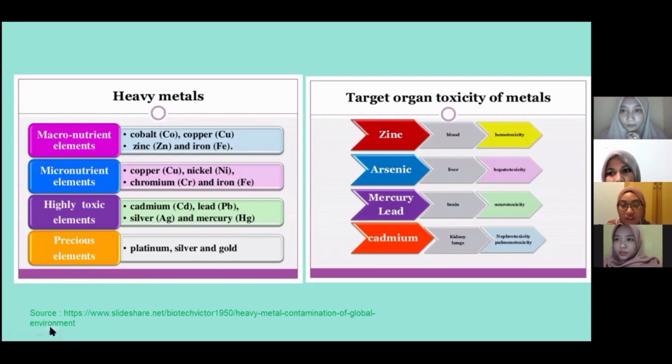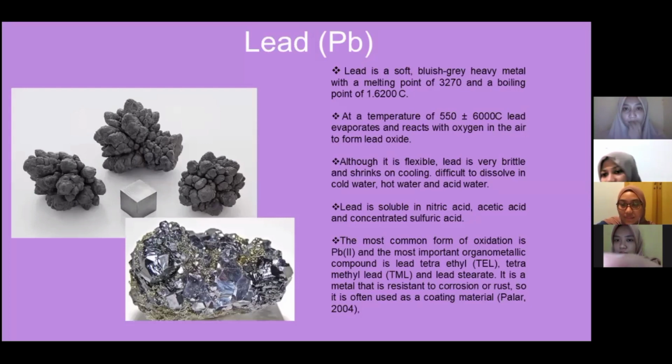Target organ toxicity of the metal Pb is the brain and neurotoxicity. Okay, next, description of lead or Pb. Lead is a soft, brass gray heavy metal with a melting point of 32 and 70 and a boiling point of 1.62 Celsius. At a temperature of 550 plus minus 6000 Celsius, lead evaporates and reacts with oxygen in the air